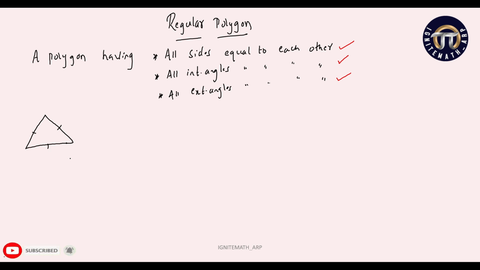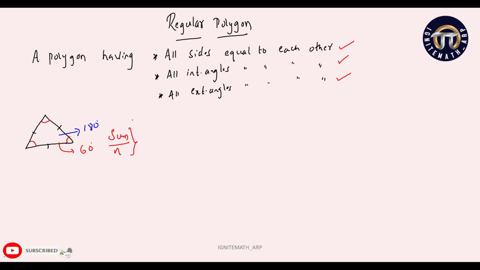Clear, children? So if I'm asking you what is the sum of interior angles of a triangle, you would say it is 180 degrees. Correct. Now what is the measure of each interior angle over here? Can you tell me, children? You will say that sir, each interior angle over here is 60 degrees. Can you tell me how you got 60 degrees? You have divided the sum of interior angles by the number of sides, right? So the same logic we are going to use